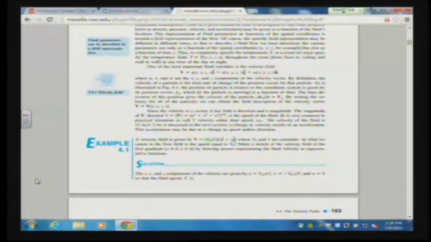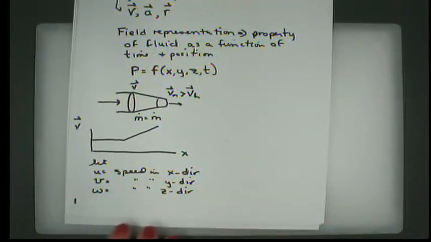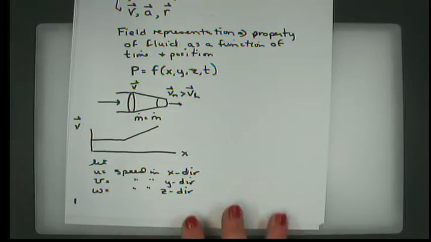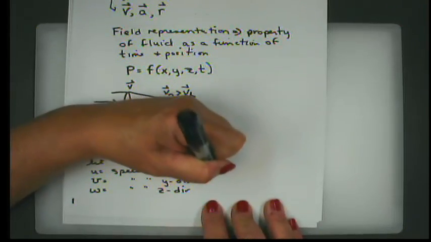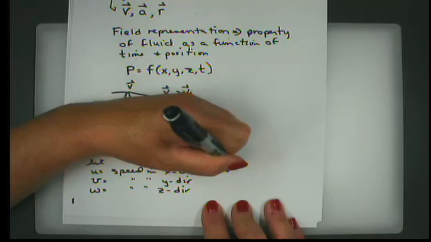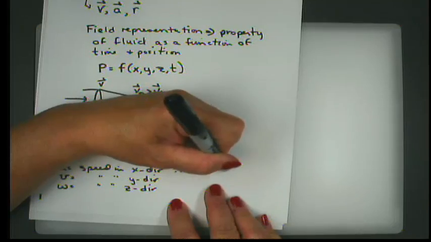And we can also say that little w is equal to the speed in the z direction. Okay, so let me put that up on the document cam. Sorry, I meant to keep that on the doc cam. So if we let those three things occur, and we understand that each of these is going to be a function of position, x, y, z, and time, we could then write the velocity vector as u, which is a function of x, y, z, and time,